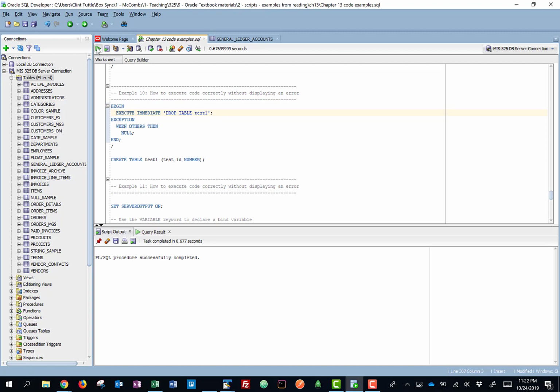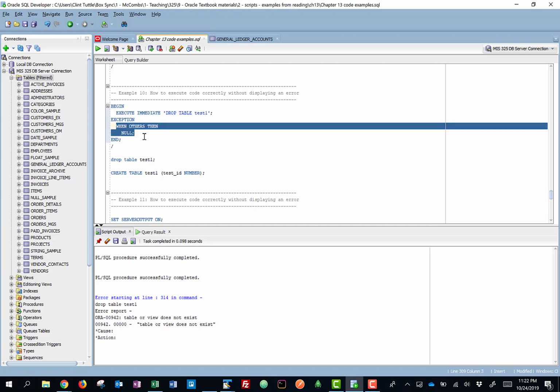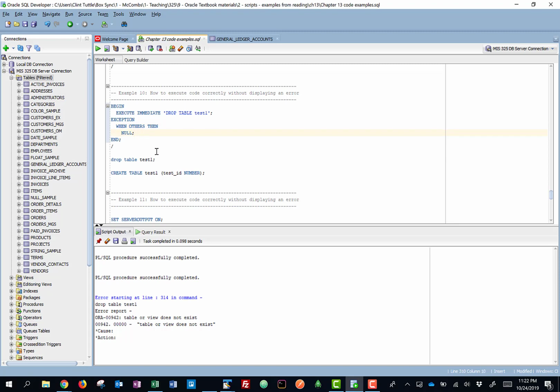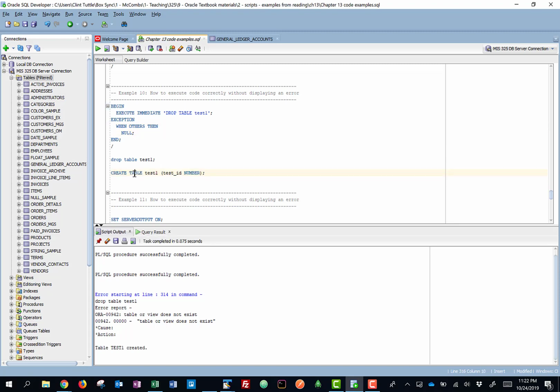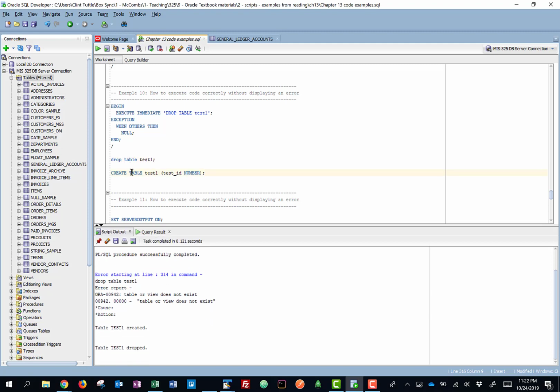Now, if I ran it again, it's actually not going to give me an error message. And the reason why it should, right, if I actually went here and said drop table test1 and ran that, I get an error message. But what it's doing is saying, hey, when others, then null. What that means is if there is an error, just do nothing. So let's create this table. I could go and drop this table. You'll see there, I'll just create the table again. If I run this,